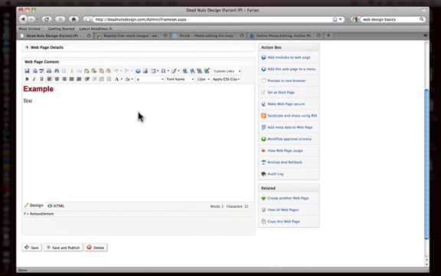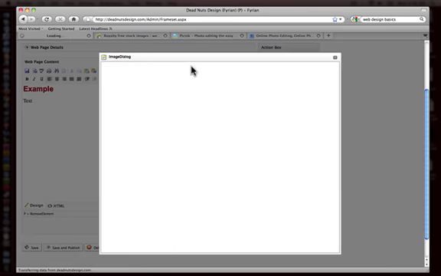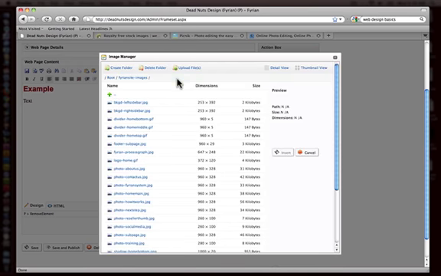Once I'm there, I can place my cursor behind the text, hit enter to drop to a new line, and then grab the image manager button, which is right next to this blue plus sign. It's this little square icon of a mountain with a sun. Click on that, and that's going to bring up the file manager again. I'm going to go into that images folder where I was, and grab the photo that I uploaded,